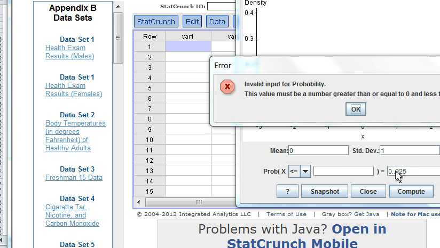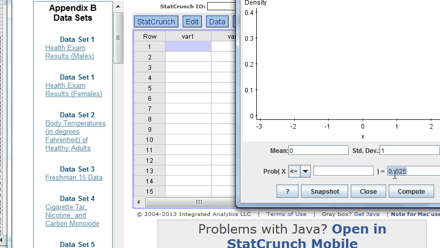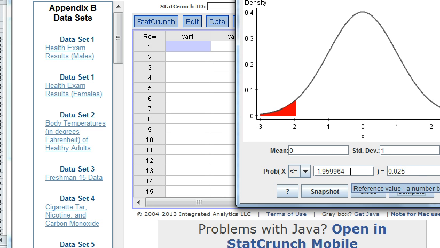Whoops, I've got too many decimal places there. So see, it filled in negative 1.96. So you can fill in either the left box or the right box. When you fill in the right box, you're solving for the z-value. When you fill in the left box, you're solving for the probability. And obviously you can do the other problems as well, although